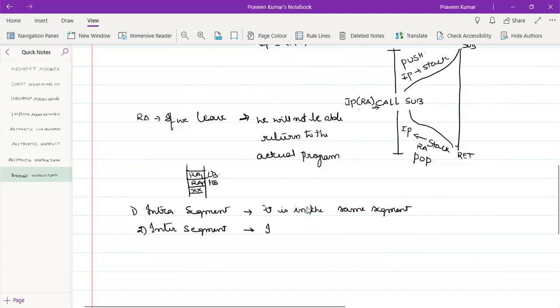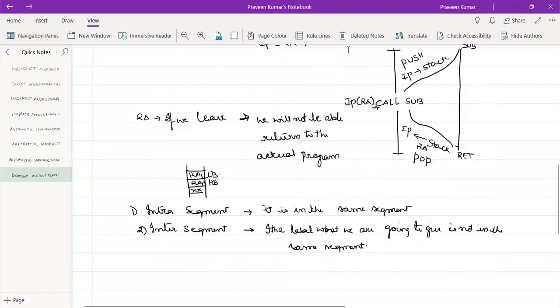Inter means the label we are going to give is not in the same segment.